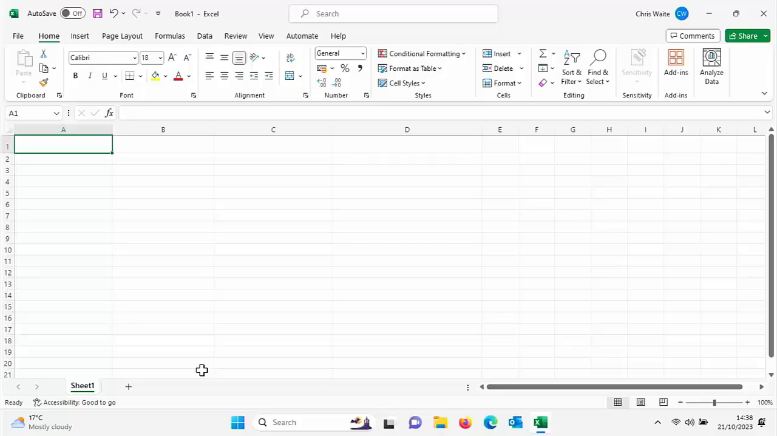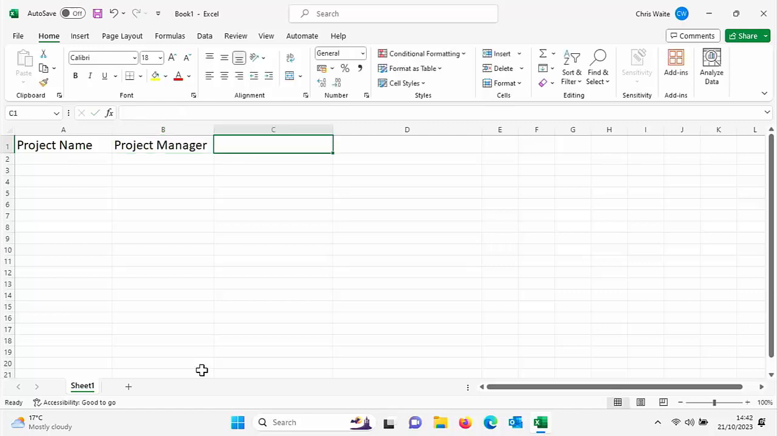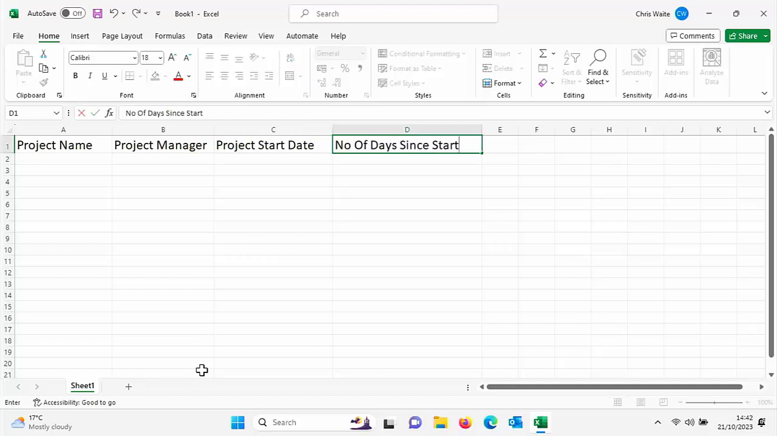Okay, so here I am. I've got my blank sheet here and I'm going to show you how to calculate the number of days since a certain date from today using Excel. So I'm just going to do a little project management sheet here. So let's just do our headings. First of all, let's just put the heading up the top in column A as project name and project manager. Then I'm going to put a project start date and then number of days since